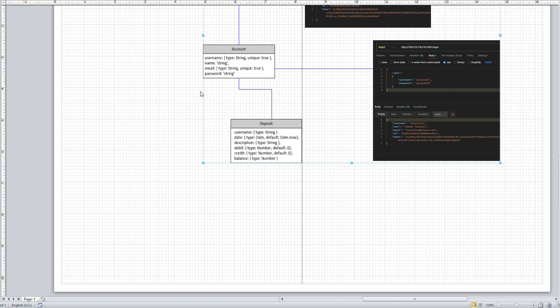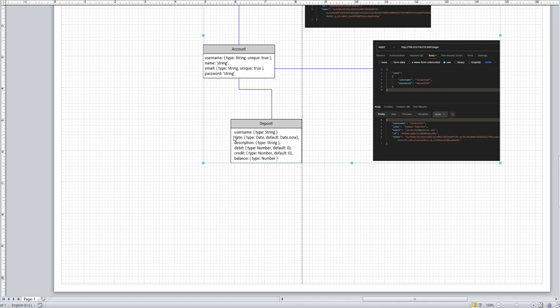Whenever a user signs up for the first time, the information is stored here. Whenever a user logs in to the bank application, the password and the username of that user are checked if it exists in this